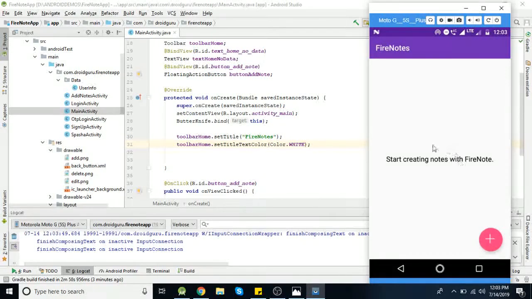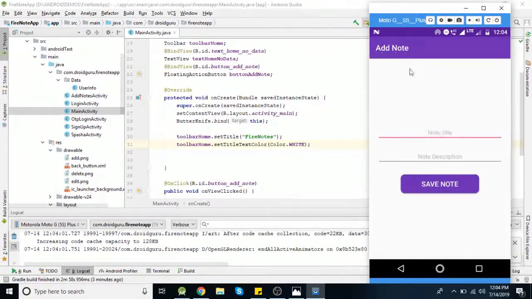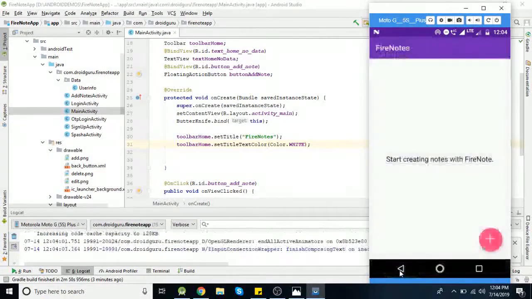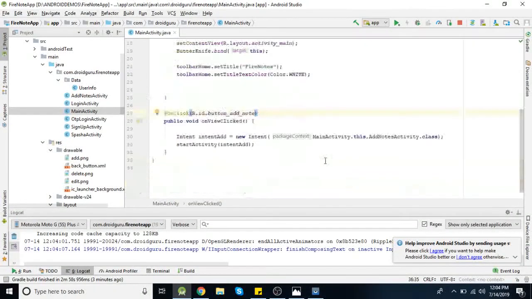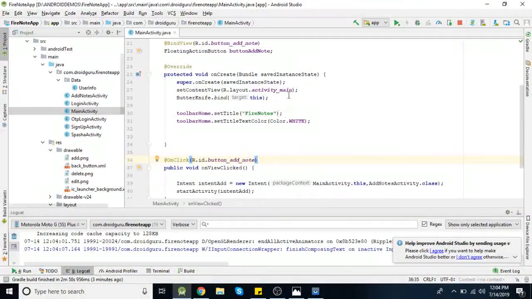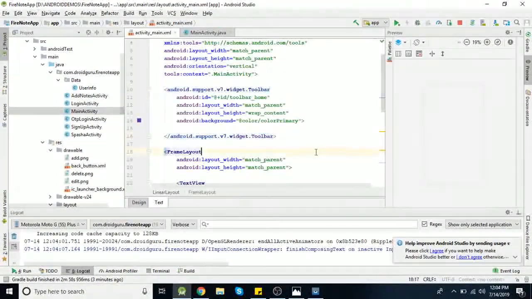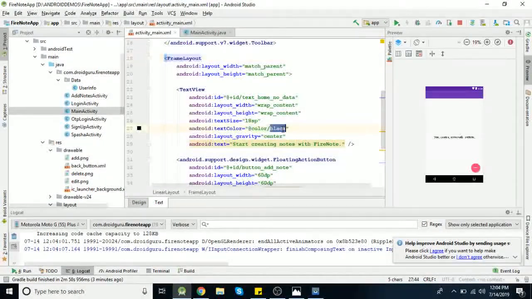We need to change this text color. We'll change it later. Now if you click on this button, this add note activity will be opened. Okay. First let's change that text color. Say hint color.